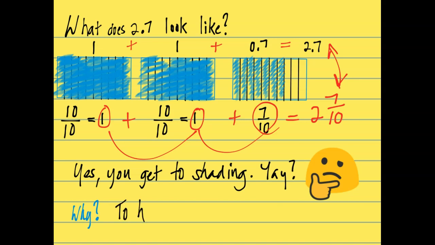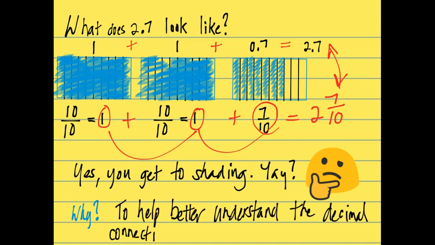So why do we shade? We shade if it helps us understand the decimal fraction connection. And like I said, if. And I'm looking at how I colored that stuff in. I thought I copied and pasted the fill from the left into the right, but for some reason it missed a section of it. Anywho,